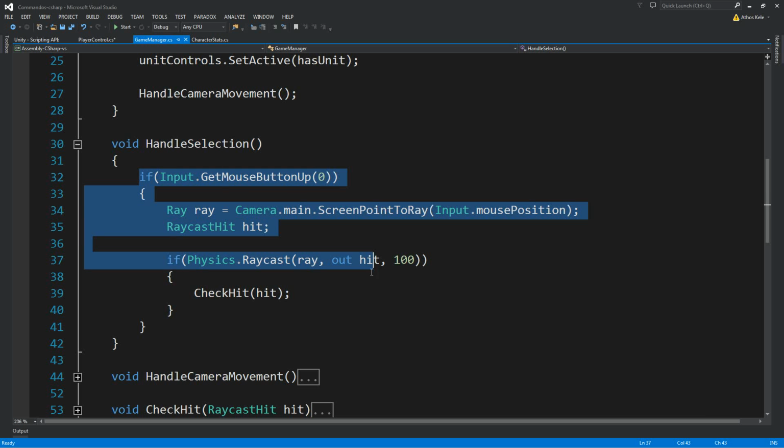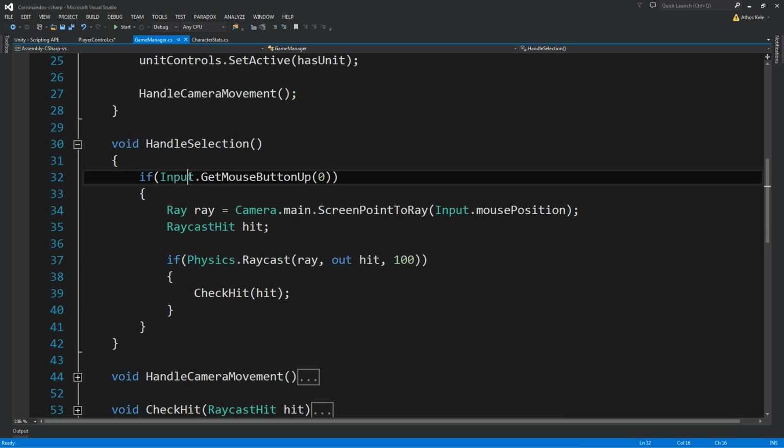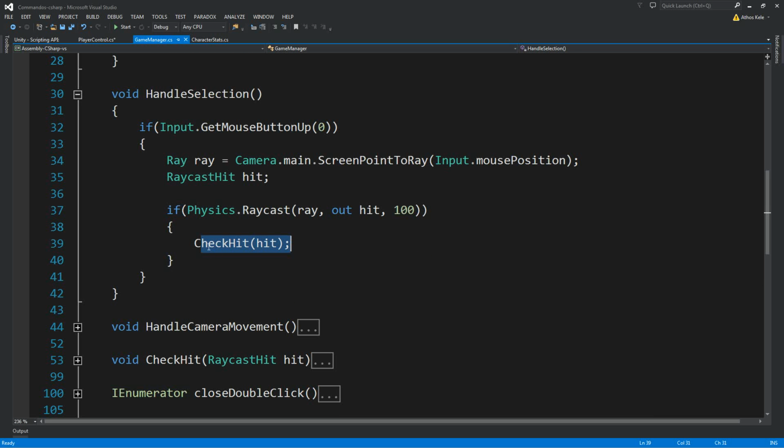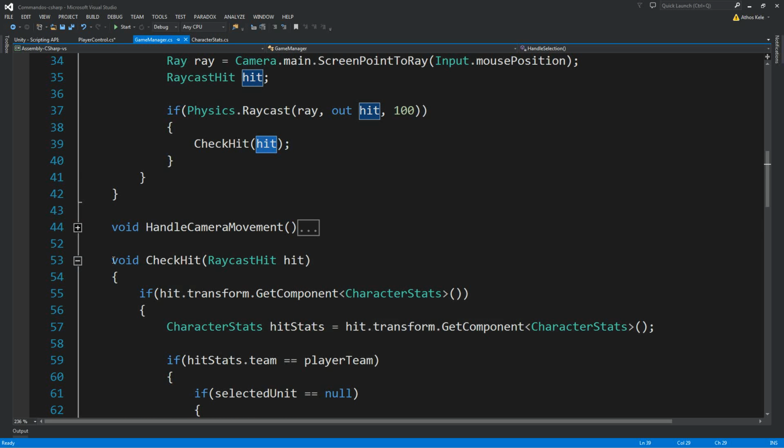We have pretty much when our player clicks. Okay, we do a ray from the main camera, and we take the mouse position, and a RaycastHit, so that we have somewhere to store our hit. And if we hit something, we call a function that says CheckHit, and we pass the RaycastHit. So the logic behind it, all of it,